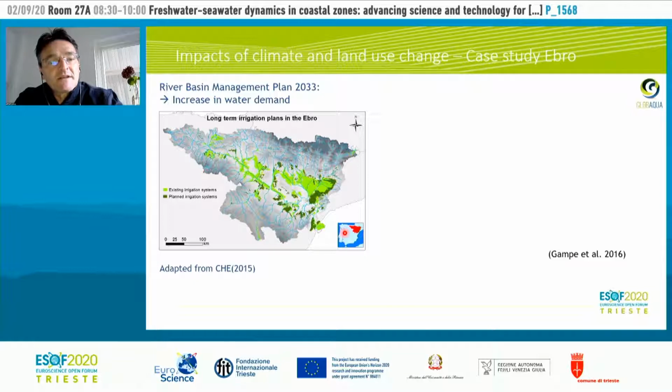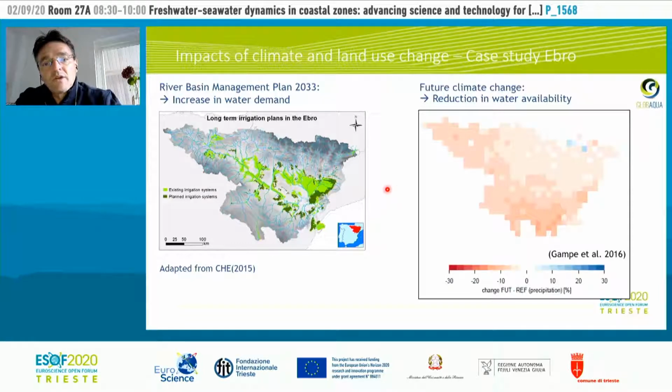And what you see on this figure, it's actually a local irrigation plan that is part of the river basin management plan. And you can see in those dark green colors that these are the areas where there's new irrigation systems being planned. And you can see that they also advance quite close to the coastline. So the overall plan seems to be that we want to use more freshwater in the future to irrigate for agricultural purposes. And at the same time, we can look at climatic change, for instance, and this is a mid-century vision